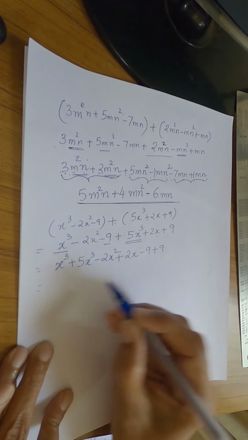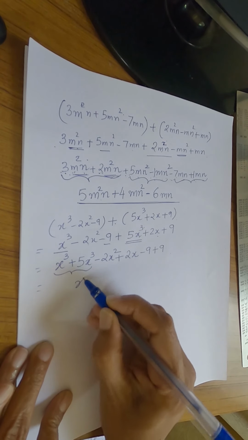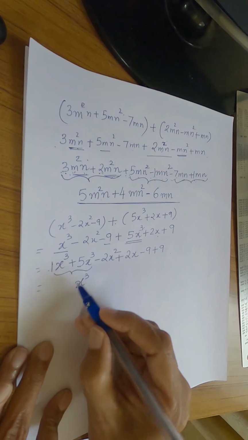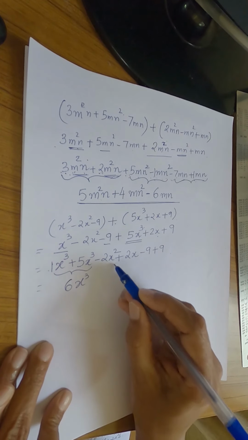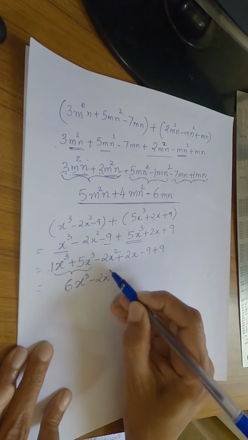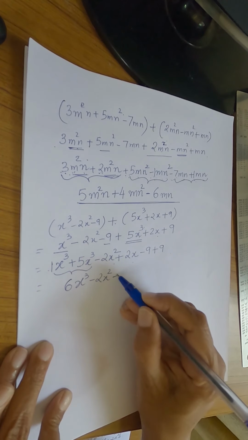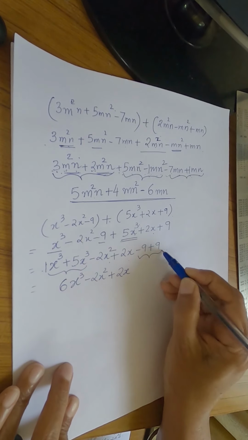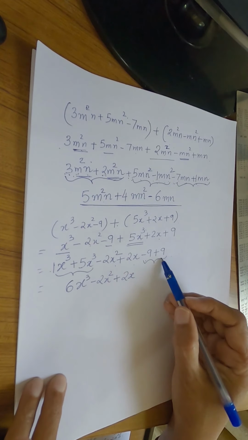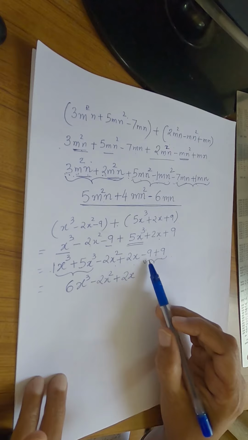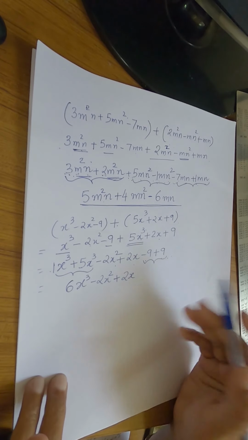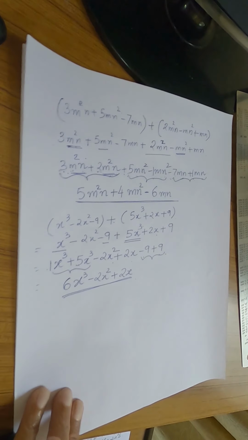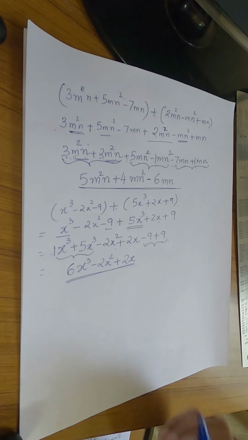Now we start adding x cube. There are two terms, we write x cube as it is. Where there is nothing, we put 1. So 1 plus 5 is 6. Now 2x square is just one single term, so we write it as it is. 2x is also one more single term, we write it as it is. Now these two numbers we definitely have to add. 1 is plus, 1 is minus, so we do subtraction. 9 minus 9 is 0. So no need to write that number. And we get our answer for the addition.